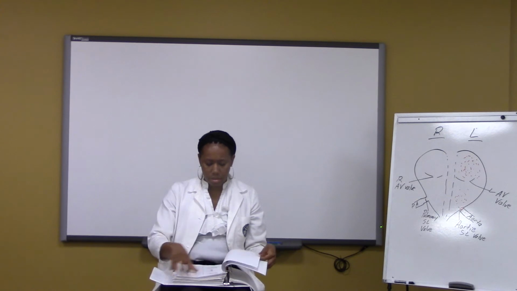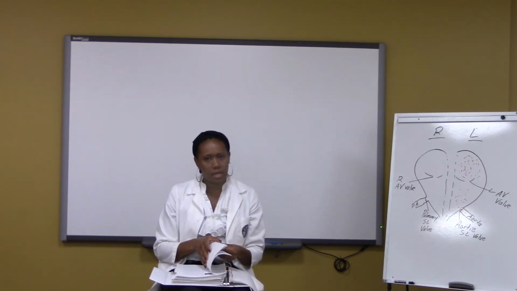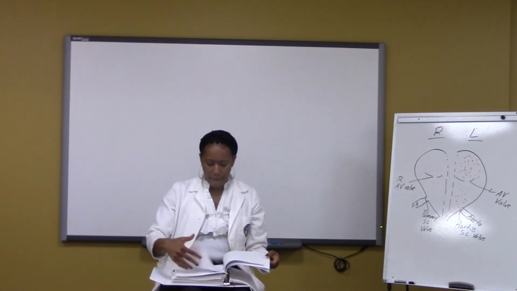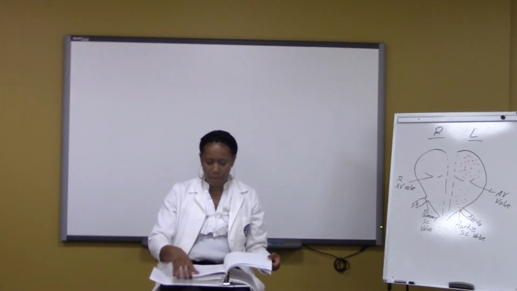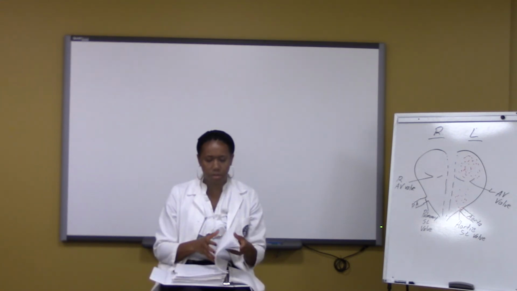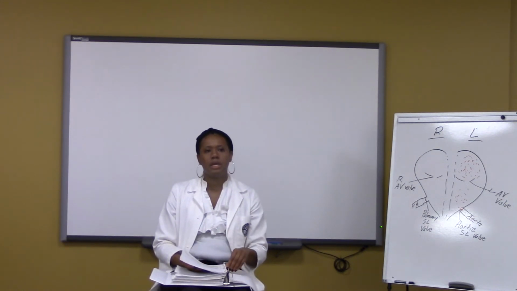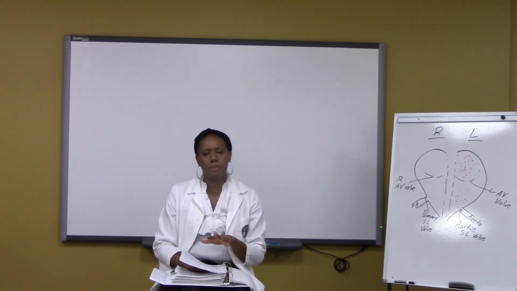You are responsible for also knowing staging and grading, the warning signs of cancer. Everything that we've talked about with cancer, please make sure you know it. Okay, so even the complications of cancer, the bone marrow suppression, even please review some of the treatment measurements, okay,